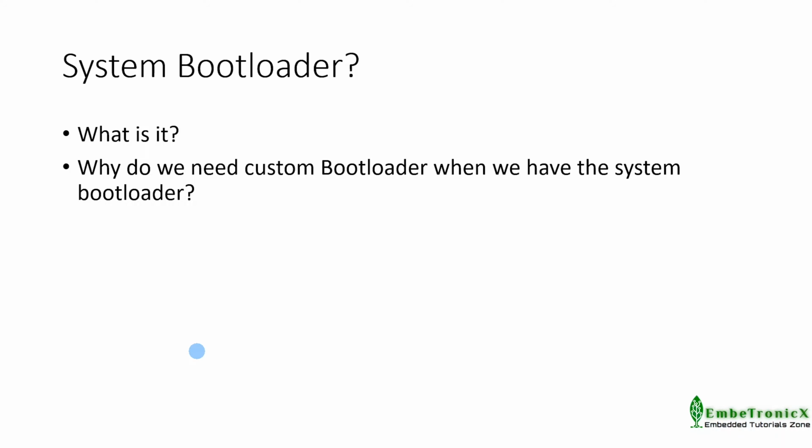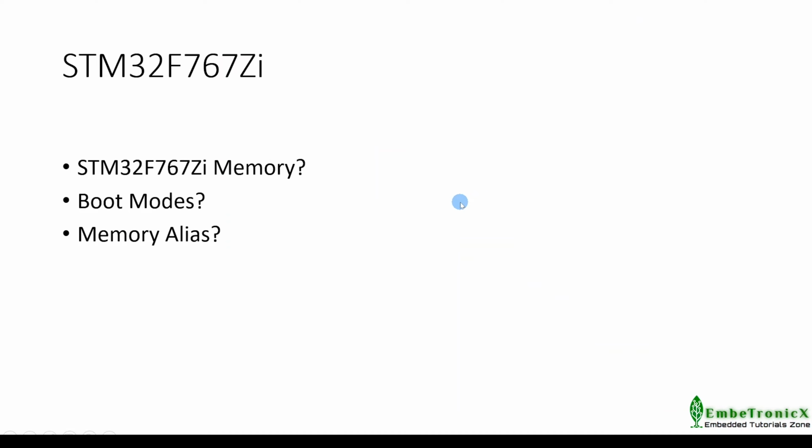If we want to implement advanced stuff like OTA with our own algorithm, then it is good to have our own bootloader. If you think you can achieve your goal using the system bootloader, then you don't need to write a new bootloader. But in my case, I want to implement more features in the firmware update process, so I want the custom one. I hope you may have some overview of how the bootloader works and how the application has been called. Now let's move specifically to the STM32 device.